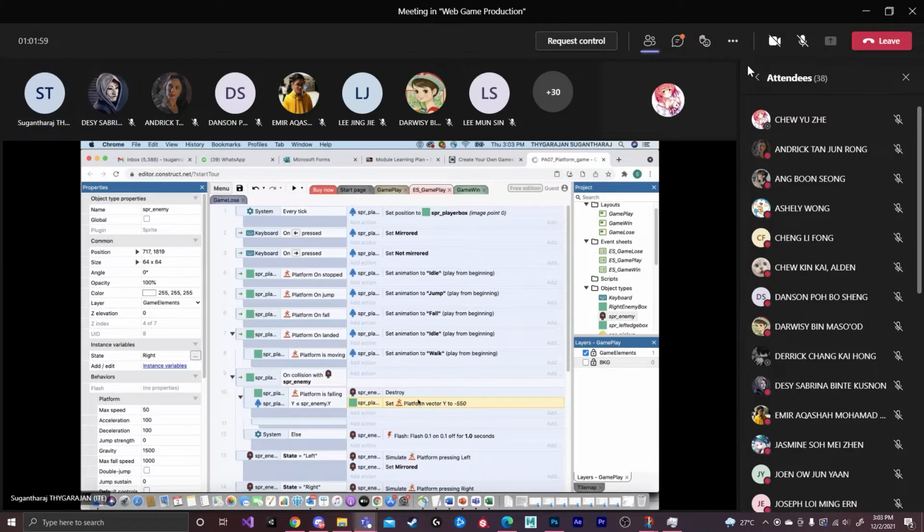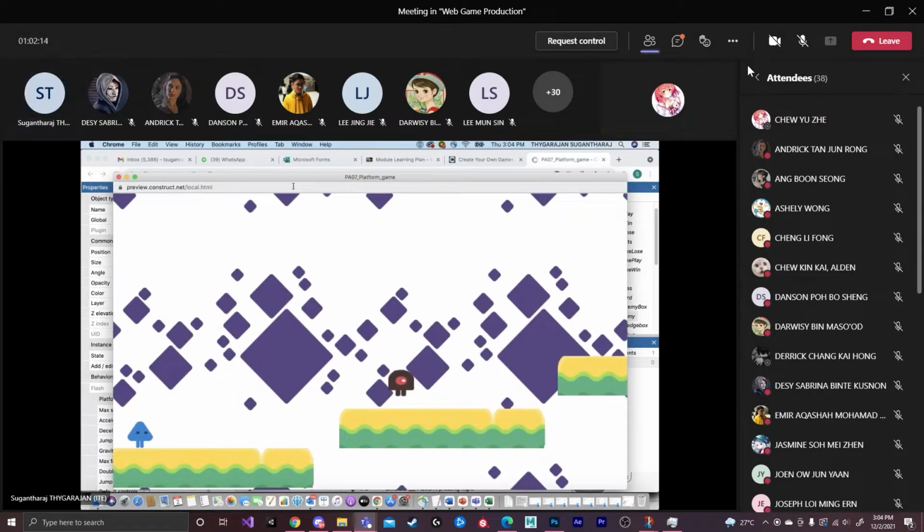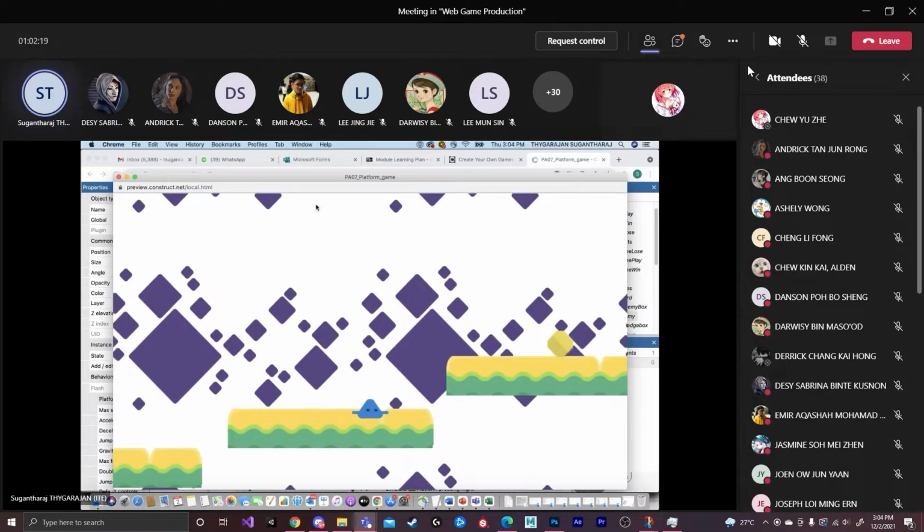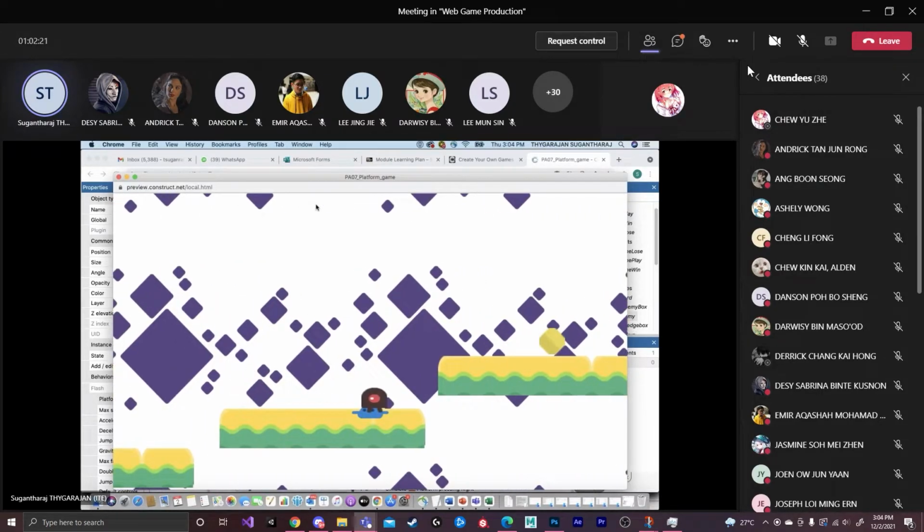Then we need to set up the flash. I told you, when the player is walking, just go up, then when I go and touch the enemy, you can see the enemy is flashing.